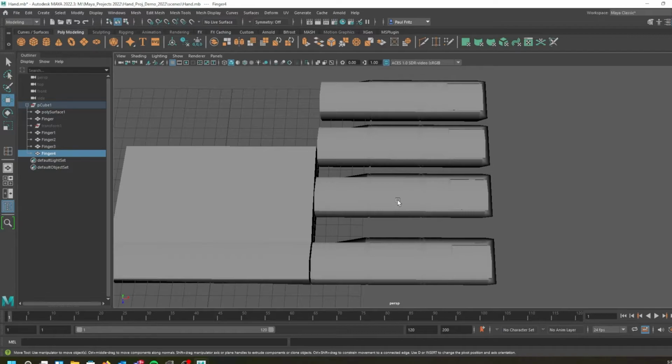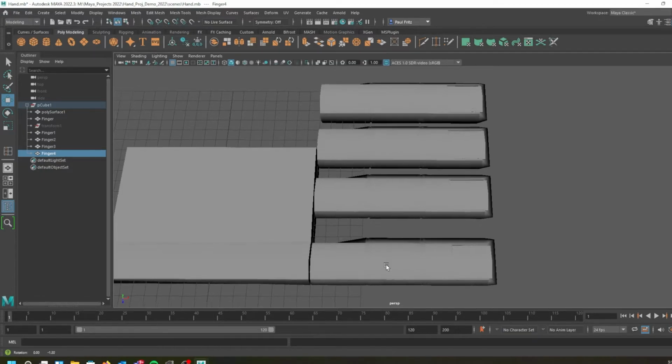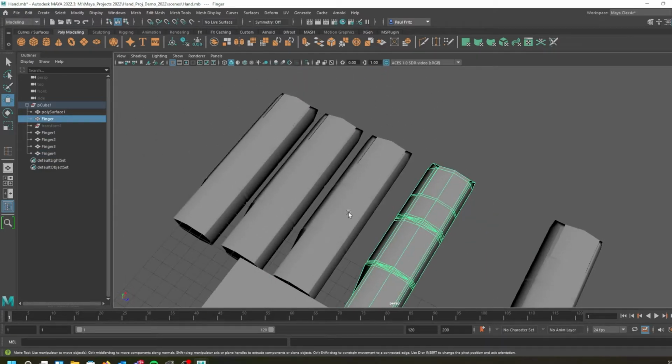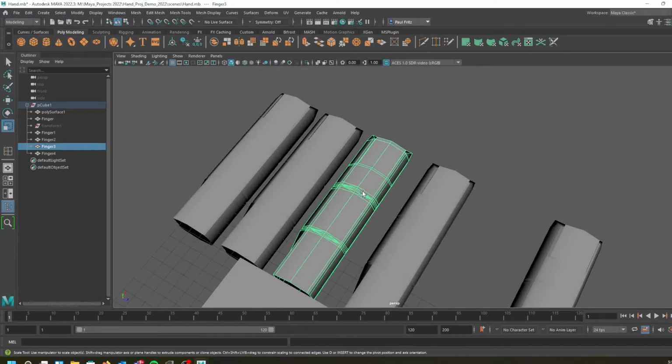So for the most part, if you take a look at your hand, you'll see that your pointer finger, middle finger, and ring finger are about the same diameter. It's your pinky finger and your thumb that differ, and your thumb's actually not too far off from your other fingers anyway, but the pinky is definitely a smaller diameter. So with that in mind, we're going to scale these off of this finger right here. So this is our pointer finger, and our middle finger right here, I'm going to hit R,